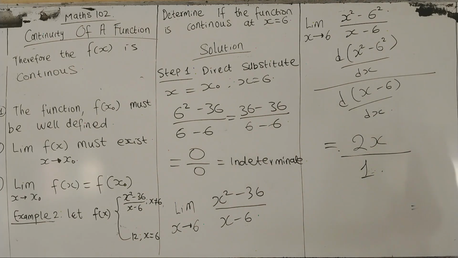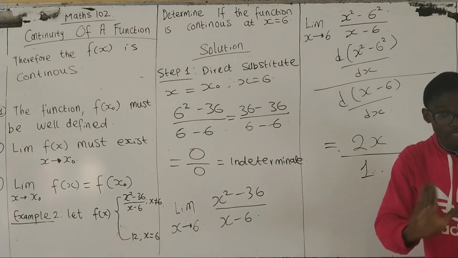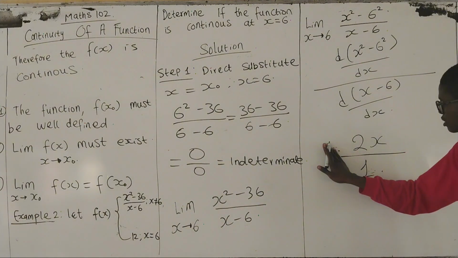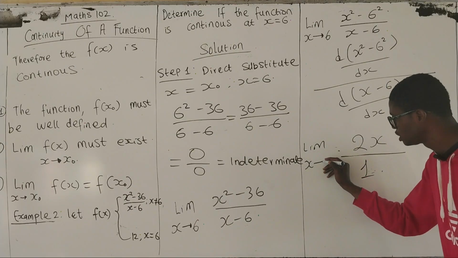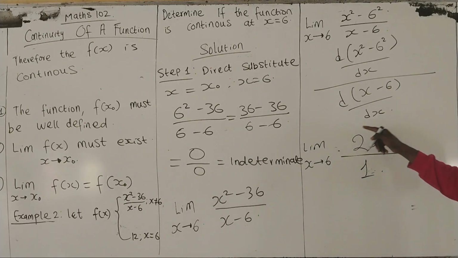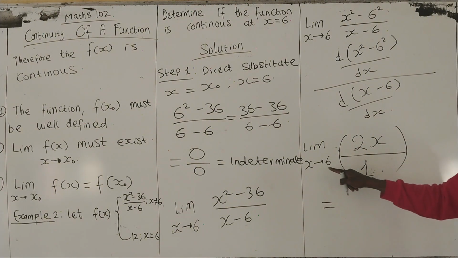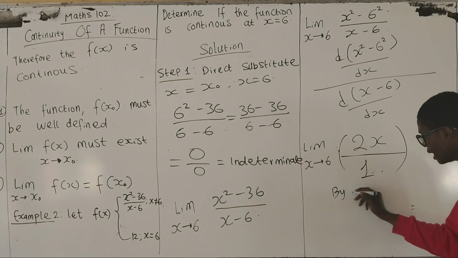In case you are struggling with differentiation, I will still do a video purely on differentiation. So if you have done this, what we will now have is the limit as x approaches 6 of all this. So if we have this now, if you take this 6 and direct substitution, I can say by direct